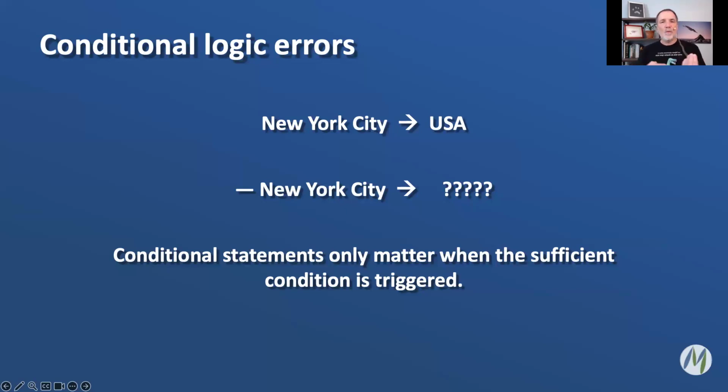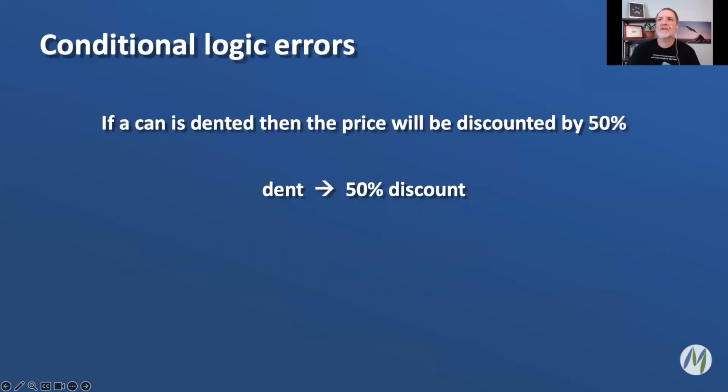So again, with real world examples, maybe this kind of makes sense. But again, we need to remember any conditional statement we see on the LSAT is going to work this way. So for example, going back to our earlier example, if a can is dented, then the price will be discounted by 50%. So if dented, then 50% discount. So if we're given this as a rule, if this is something like, let's say on a logical reasoning question, if this is stated in the stimulus,